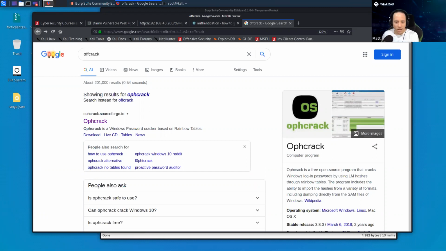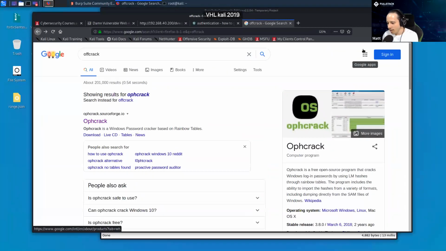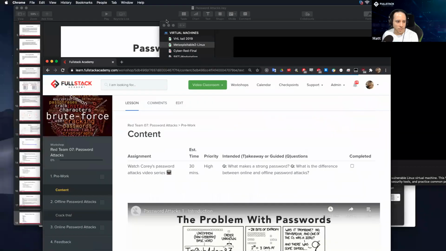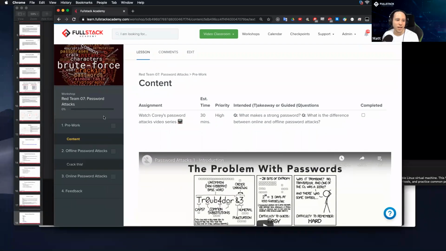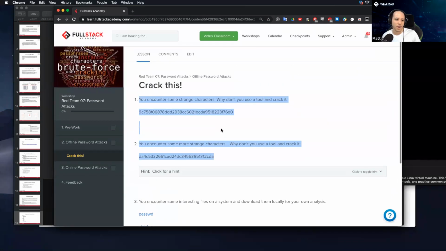All right. What are we going to work on today? Today, we've got some activities with password attacks, which I'll show you right here. So here's the workshop of the day. Password attacks. There are some offline password attacks.